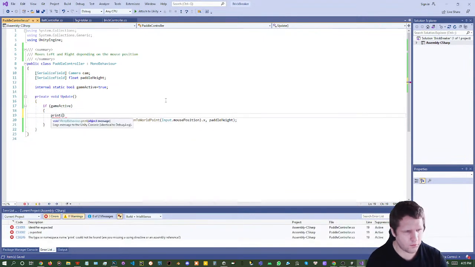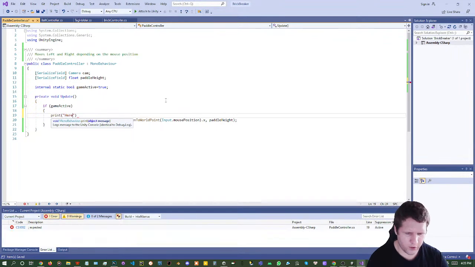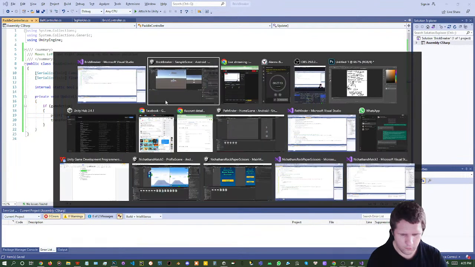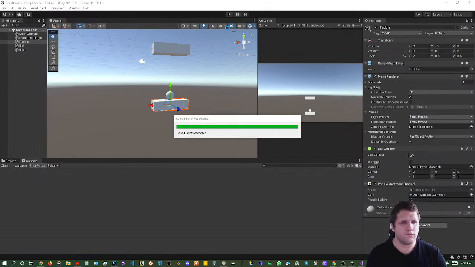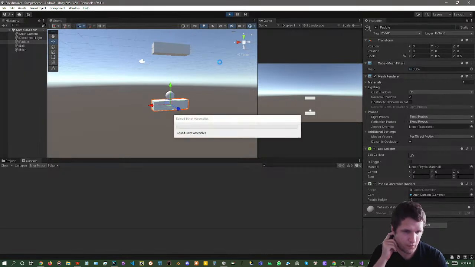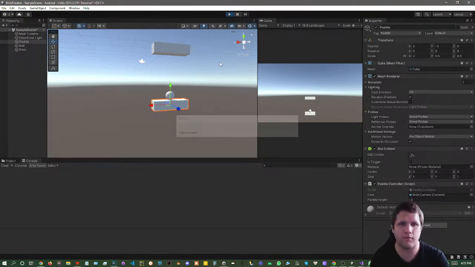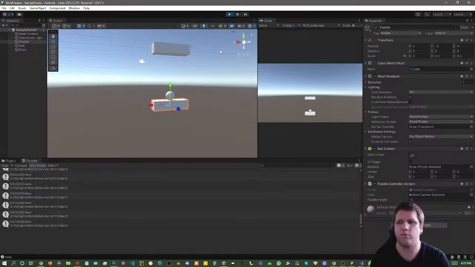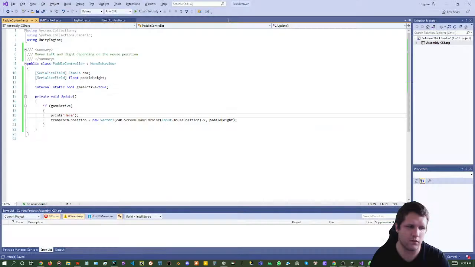Well, let's try printing out Y. So if we print it, yes, it's running, it's in there,